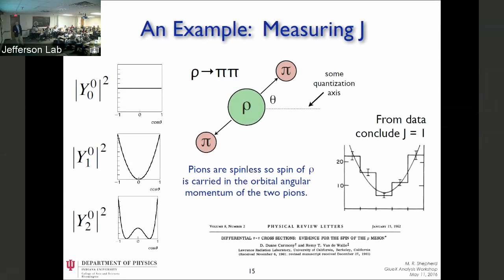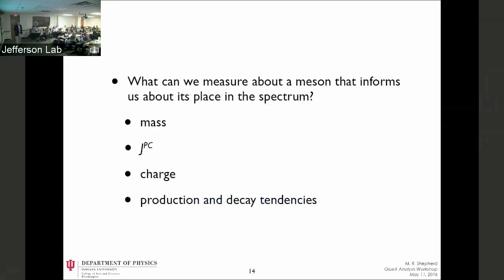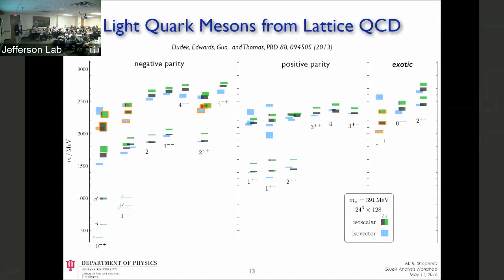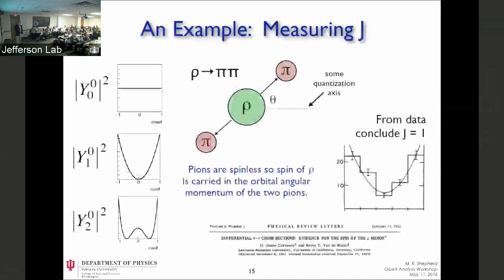And the fact that the rho has J equals 1 and has a certain mass gives it its place in the constituent quark model as that of two like quarks, or up and down quarks, with their spins aligned and no relative angular momentum between them. So just total spin 1 and J equals 1. And you see that also in the spectrum right here, rho, the blue.